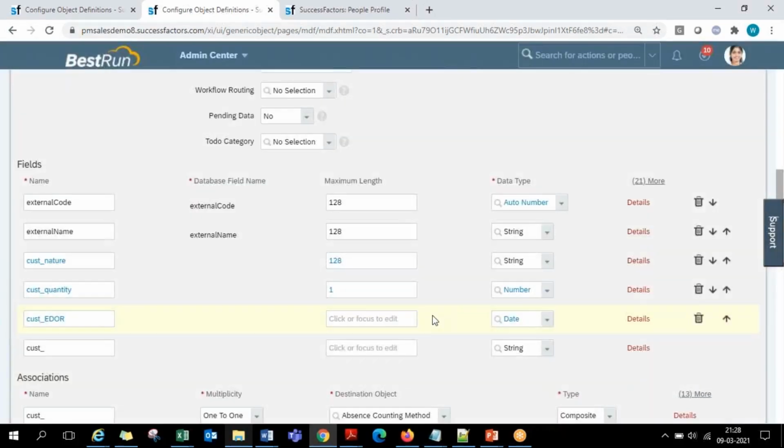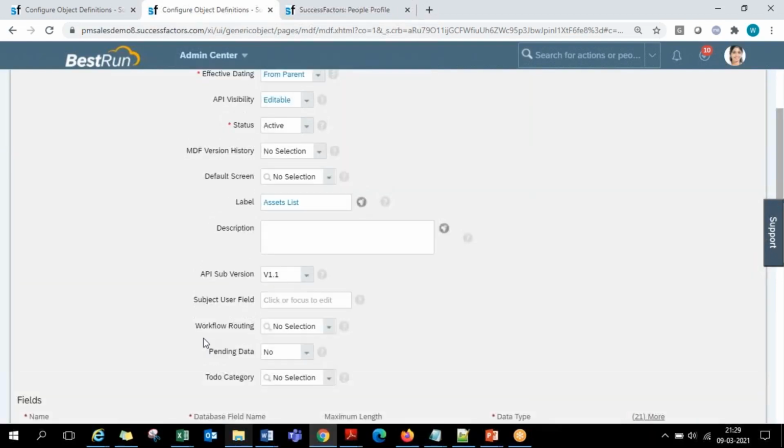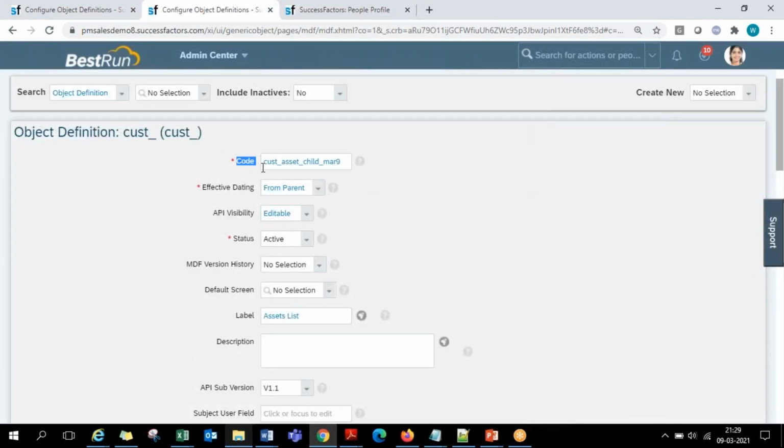Okay, some fields. Like this, I've added 3 custom fields. One standard field itself I'm using already for asset name. So like this, 4 fields, their length, their data types, their labels internally, all that is defined. Okay, that's it. So from the top, these properties are same, like how you maintain for the